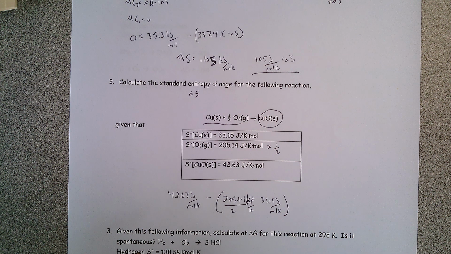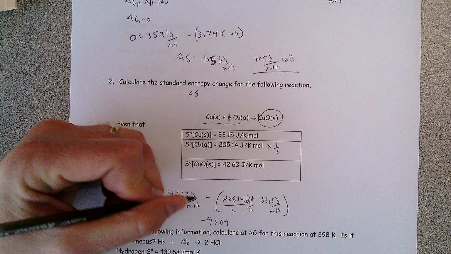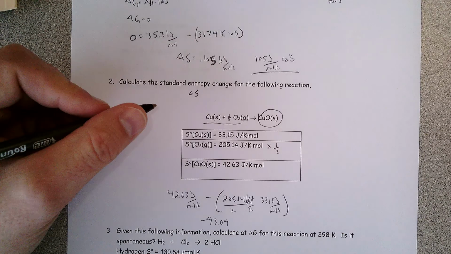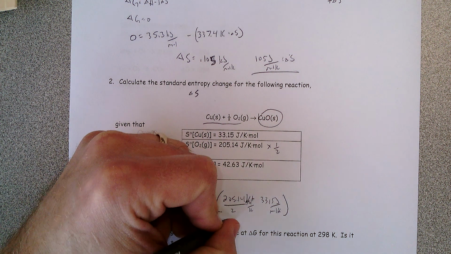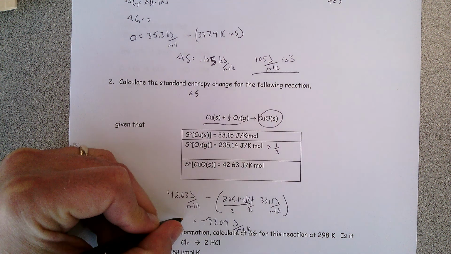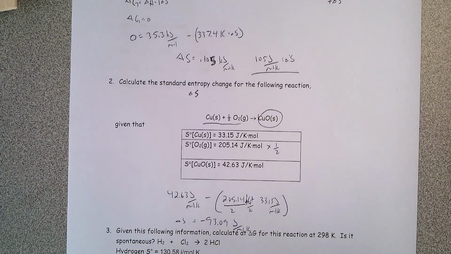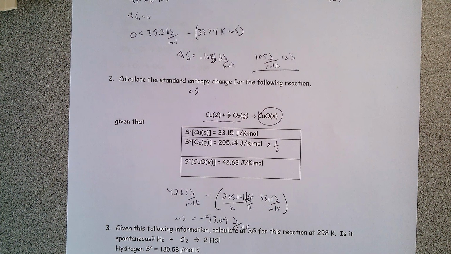And minus 33.15. So that is a negative 93.09. We have 4 sig figs everywhere. Yeah, it looks like we've got 4 sig figs everywhere, so there's no reason to drop any of those. Joules per mole Kelvin, right, is our delta S. All we have to do is products minus reactants. If you have coefficients, remember amounts matter on this kind of stuff. So if we had a 2 or a 10 or whatever, right, we had a half, so we multiply by half.